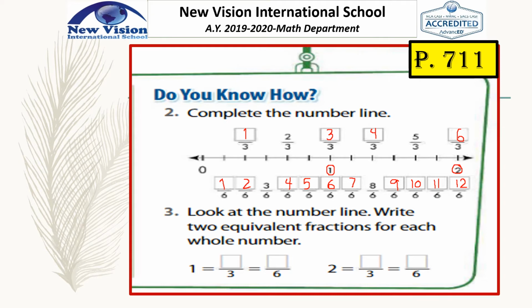Okay, so look, we have here whole number 1. All right, so what are the fractions equivalent to this whole number 1? So we have here for the denominators 3 and 6. What are the fractions that are equivalent for the whole number 1? We have, as you can see, these two fractions here. So for the denominator 3, we have